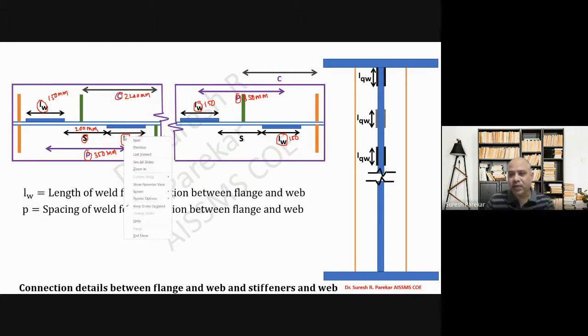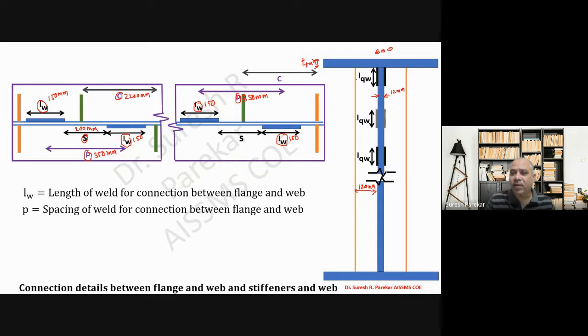So now you have to write the values, whatever length you have, for this. Then we have this length, let us say we have 120. Then you have to write down the thickness of this web. So this is like 12, then this is 600 at the end. So we have TF minimum over here, whichever after curtailment.